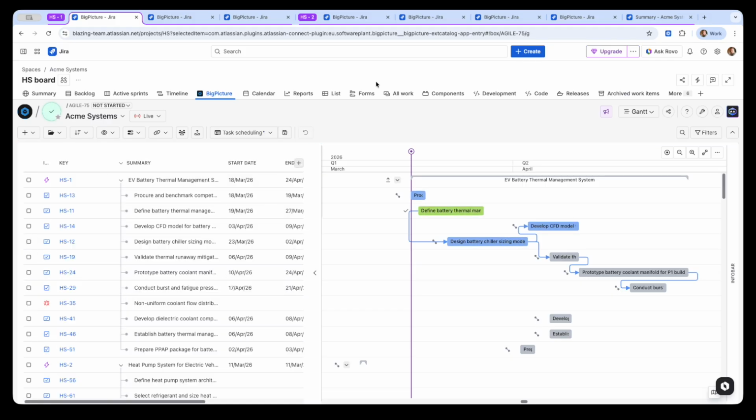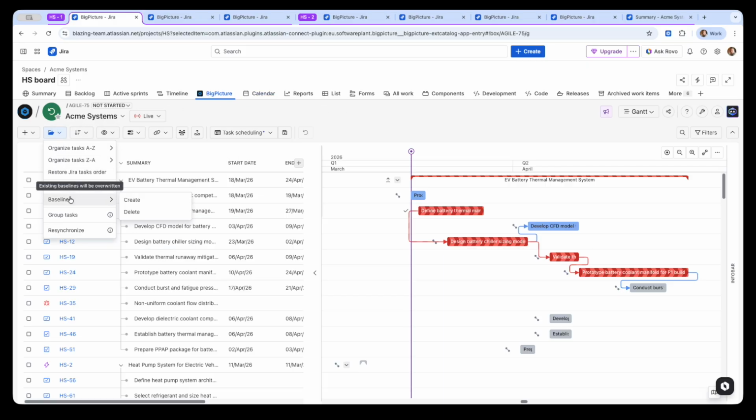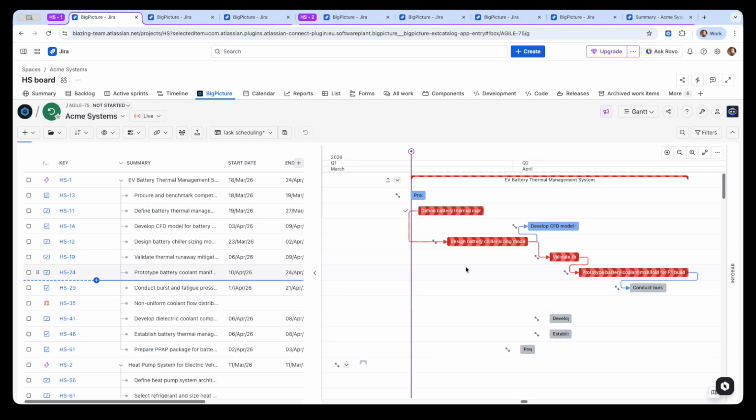Now, we can see much more detail, all in a single view, including tasks, dates, and dependencies. Even better, surfacing the resulting critical path is done easily. I can spot the areas to monitor more closely simply by tracking all red items. We're now ready to make some adjustments, but first, it's a good idea to create a baseline. This provides another visual reference to indicate the impact of changes compared to our starting point.